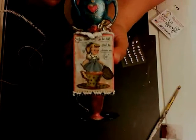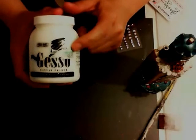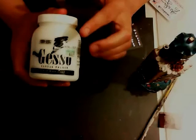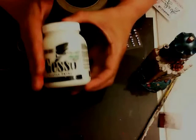No, I did not paint this tea set on camera because I wasn't sure if it was going to work out, but it did. I'll go over it again. The first thing I did was one light coat of gesso, let that dry, came back and did another coat of gesso and let that dry, and came back again with a heavier coat and let it dry. Okay? After it dried,